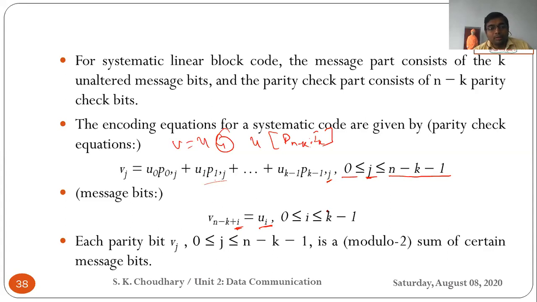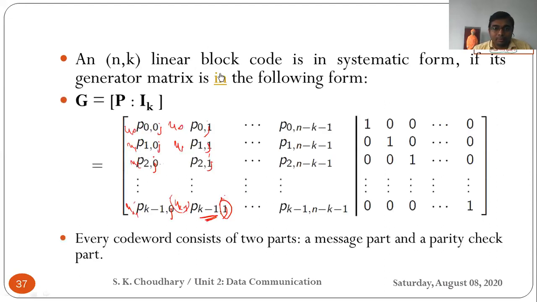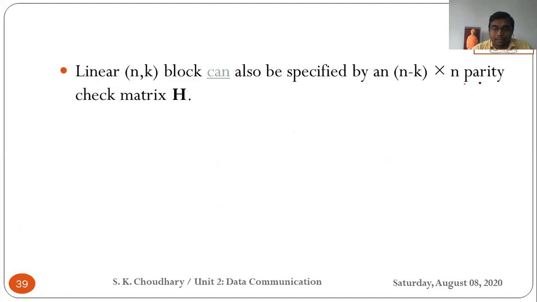So this is about the parity. A linear block code (n,k) can also be represented by an (n minus k) by n parity check matrix. It could be represented like that. If you see, it is an (n minus k, n) matrix, and the parity check matrix, that is the parity I have discussed, is represented by this (n minus k) by n H. H is the representation of the parity check matrix.